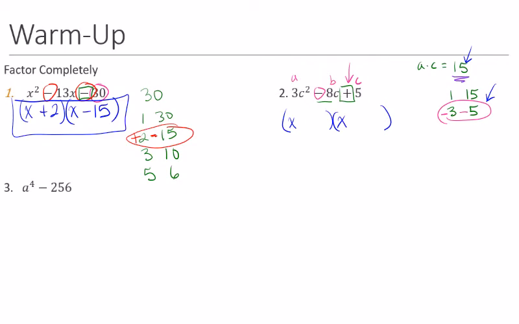So anyway, I'm going to put the minus 3 here and the minus 5 here. Now you might be thinking, well, if you were to FOIL this, this times this doesn't equal this, right? And you're right, but we're not done yet. So now what we're going to do is